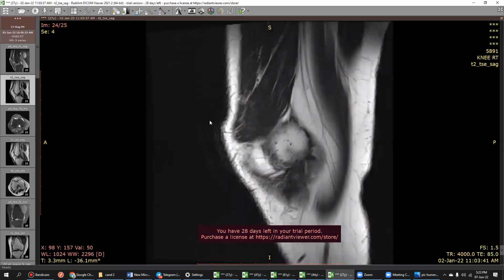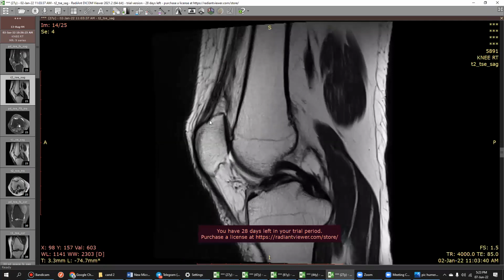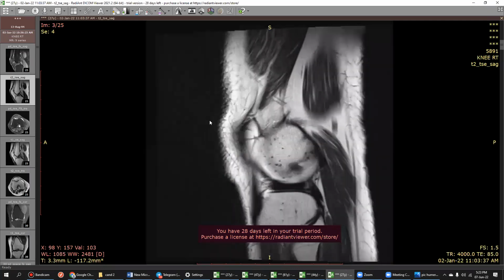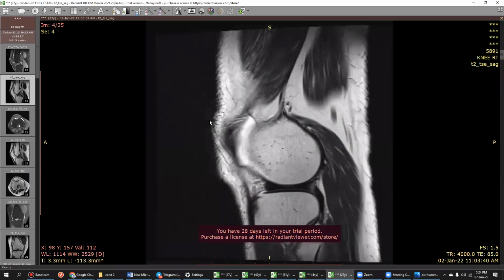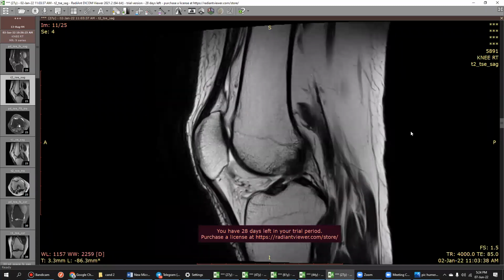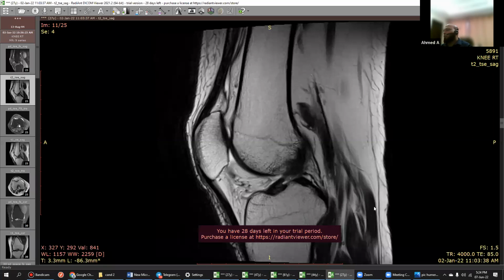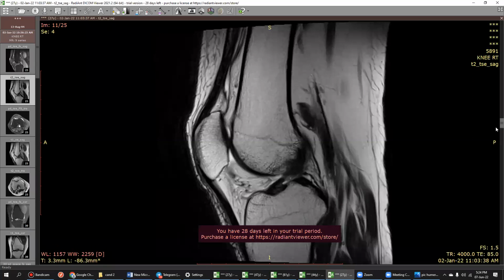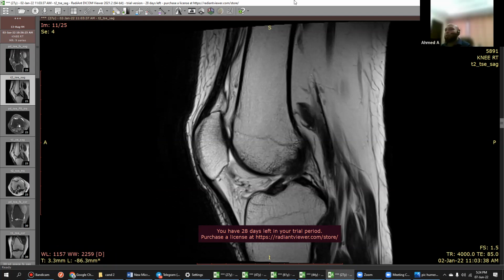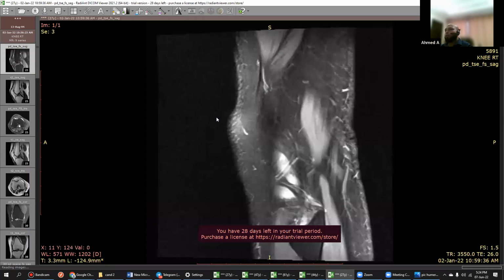I will go to the bone structures. I can't see any remarkable thing here. And in the surrounding tissue, the quadriceps tendon and patellar tendon look intact. In my routine practice, I would like to go to the sagittal T2 and coronal T2 to delineate the situation. Till now, this is sagittal T2, I believe. T2 fat sat. I do not have the sagittal fat sat. I have the PD fat sat. You can take the PD fat sat. Just a second. Okay.